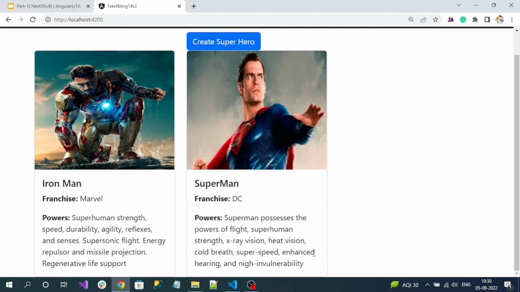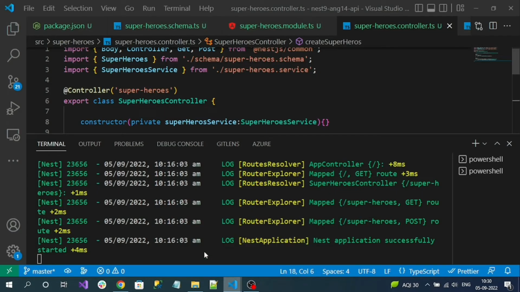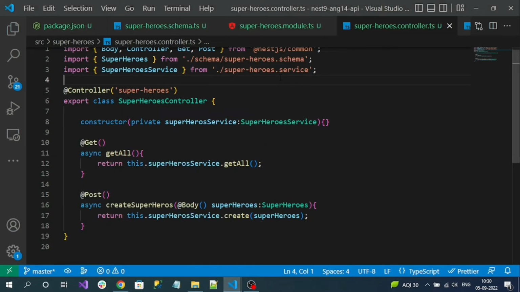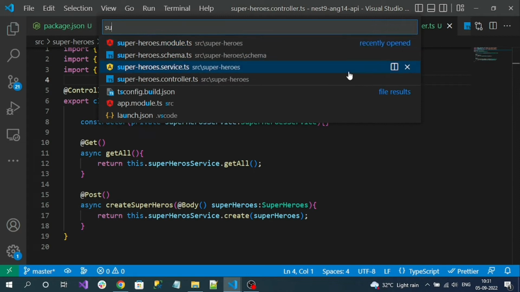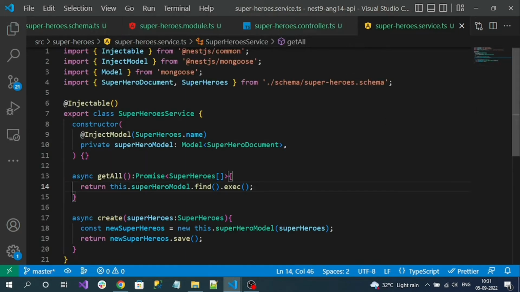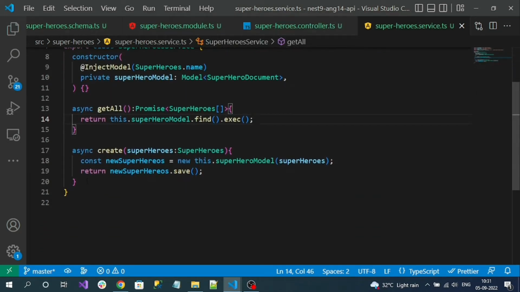Okay, so first let's implement the logic in our NestJS application. First let's try to implement the HTTP GET endpoint where we are going to give a response by ID. For that, first let's go to the superhero service. Here let's create one more method,